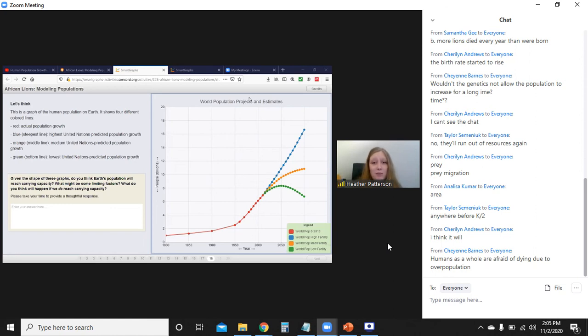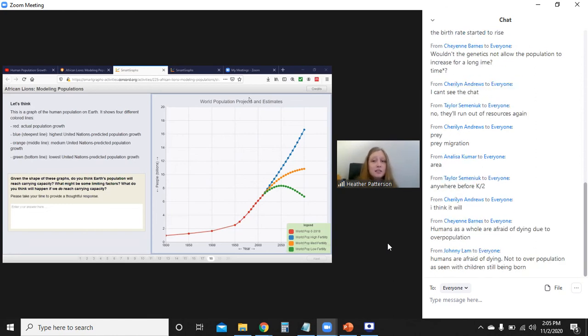But there is this population problem that people are afraid of. And so figuring out how to deal with it is really, really difficult, right? Humans are afraid of dying. Not overpopulation is seen with children still being born. So yeah, children are still being born, but a lot of it too,